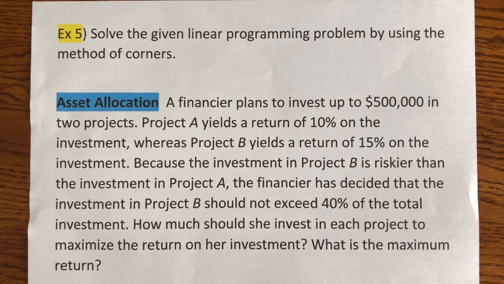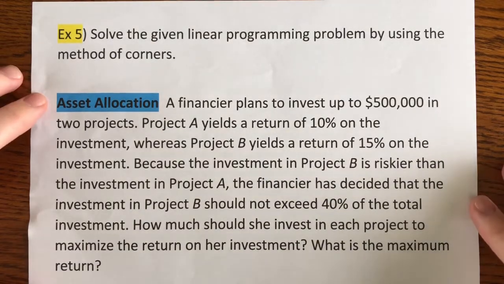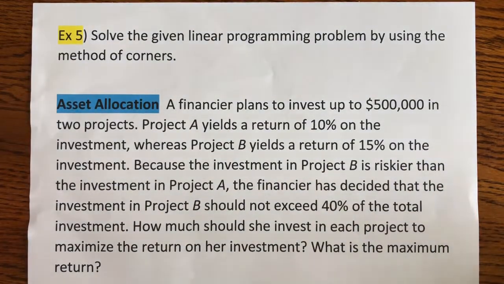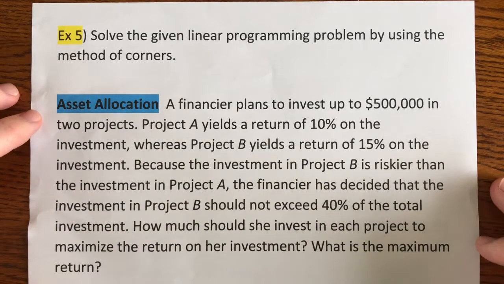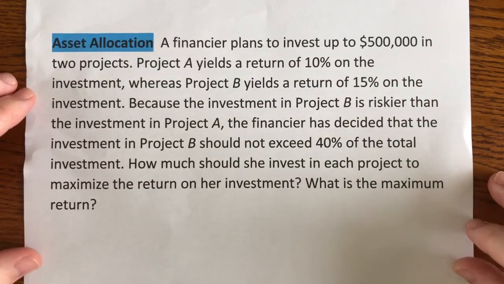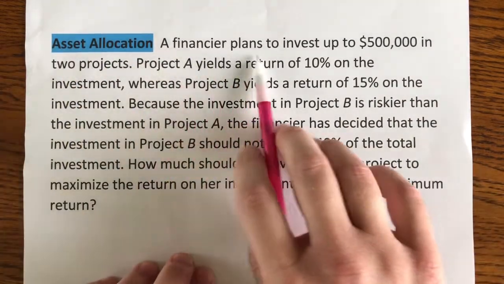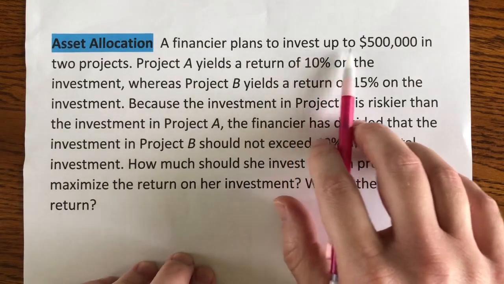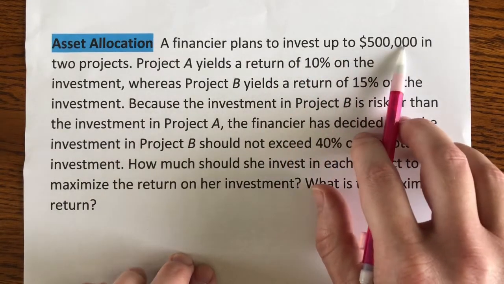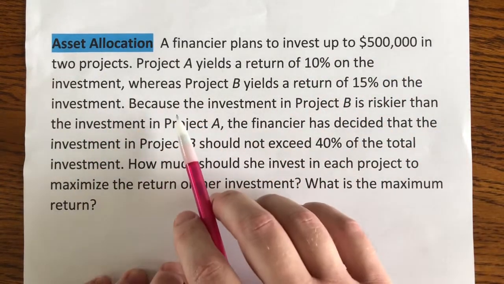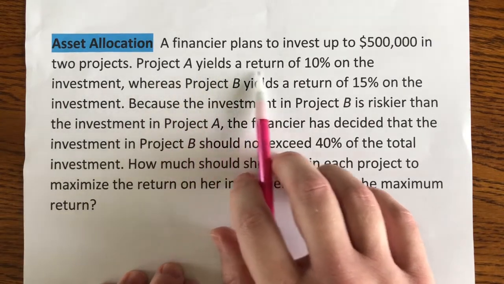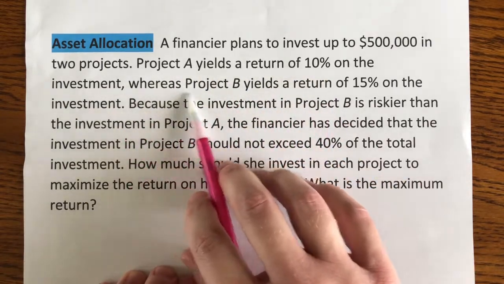Example number 5. This will be our last example, section 6.3. All right, so directions are the same. Obviously a different question. All right, so asset allocation. A financer plans to invest up to $500,000 in 2 projects. All right, so project A yields a return of 10% on the investment, whereas project B